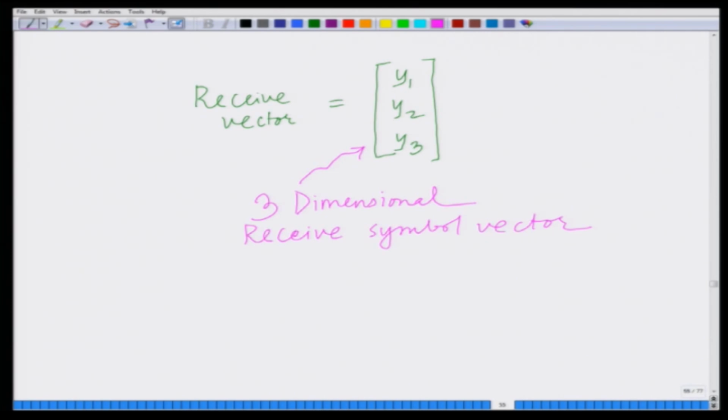And naturally the channel matrix H is R cross T. So, this is a 3 cross 2 dimensional matrix containing a total of 3 times 2, that is 6